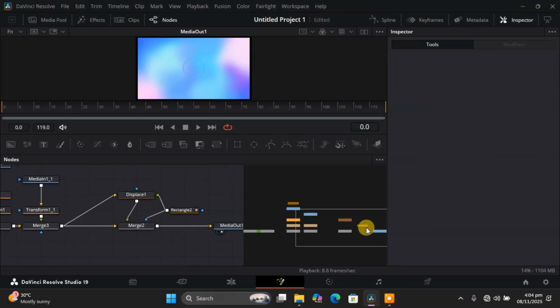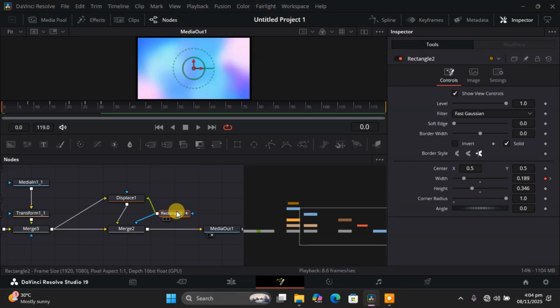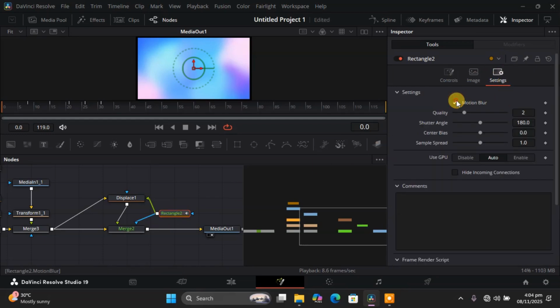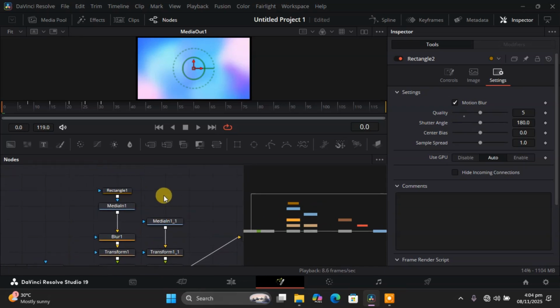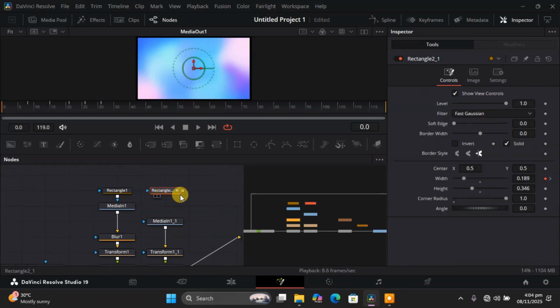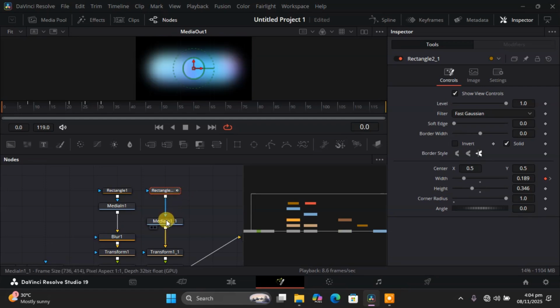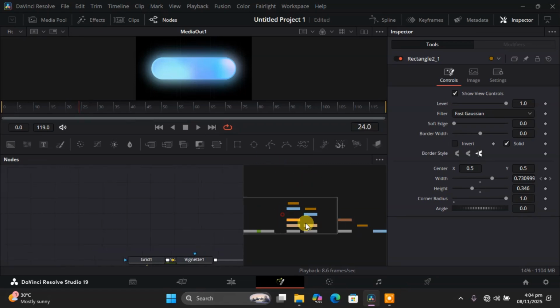We have to add something. So go back to your rectangle, go to settings, and let's add some motion blur, right? So increase the motion blur. It would make it look natural to the eye. So you just copy it again, Ctrl C, come back, Ctrl V, and then connect it to the media in, something like that, right? So you can see that when you scrub through, it's going to animate the 2 rectangles that you've done, giving you that liquid glass effect. Okay,